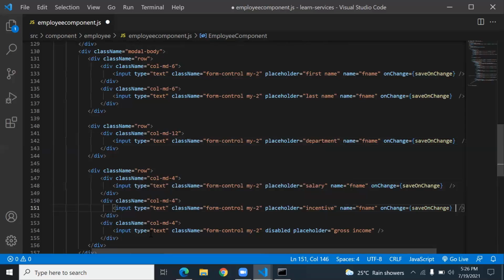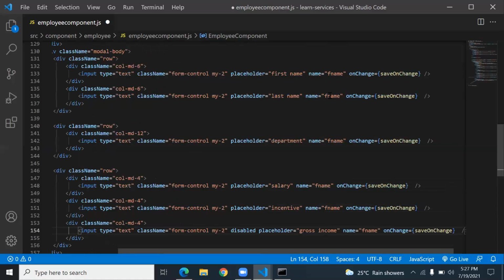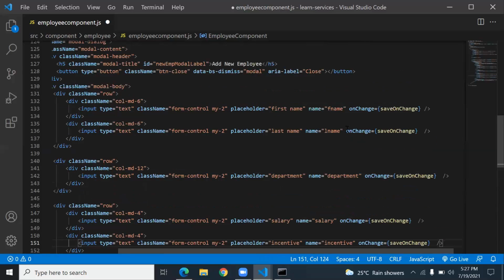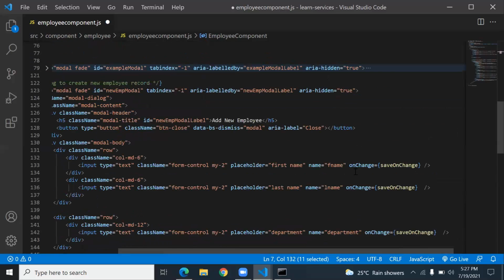The last one is text, which is for gross income. Now it is last name. What is it? Department. It is salary. It is incentive. And for gross income, it is gross income.